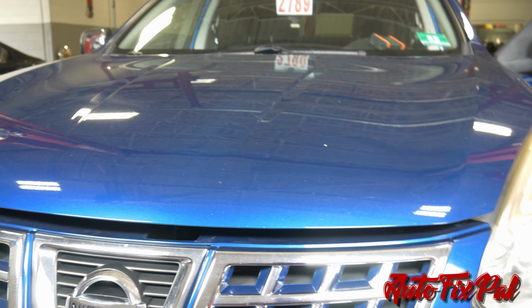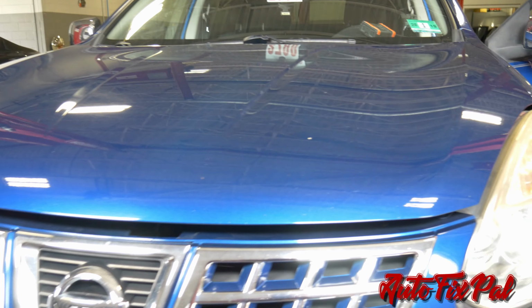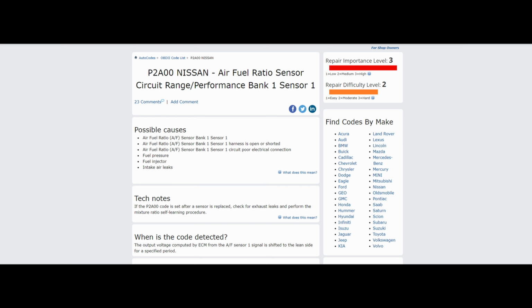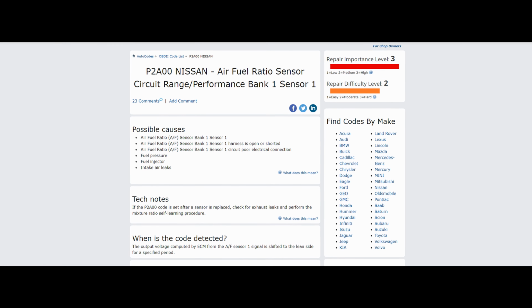2008 Nissan Rogue. We have a check engine light on, and we have a DTC P2A00, which is for an air fuel ratio sensor bank 1 sensor 1 malfunction. So the first thing we're going to do is look up this DTC and find out what it's about. Alright, so let's read the description for the DTC